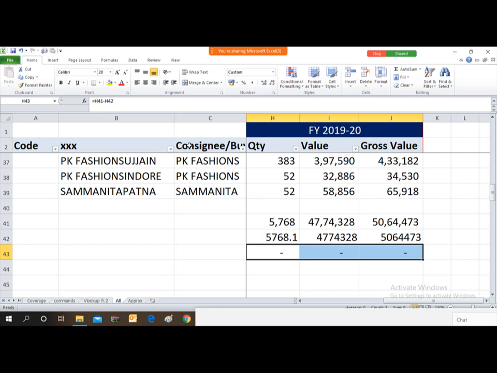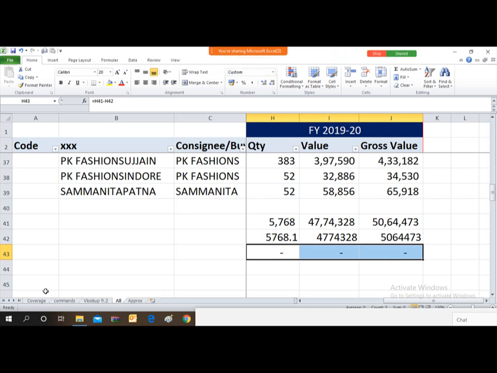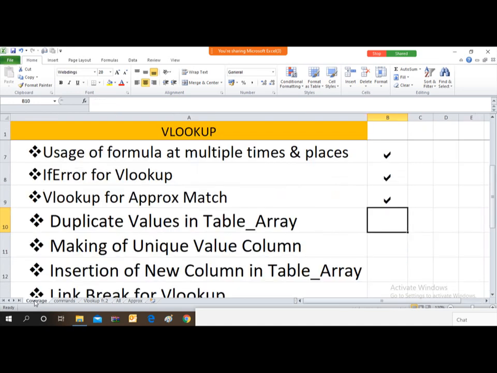So friends, this is how you can combine two cells or multiple cells in a single cell, and then make a unique combination of the cells in both the databases, and then you can use this VLOOKUP. So this is again a practical scenario which I have discussed with you. Friends, hope this is clear. So that we can move to another topic or another area.